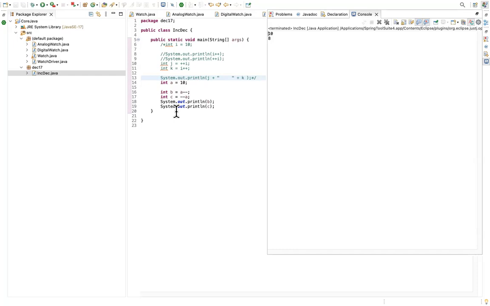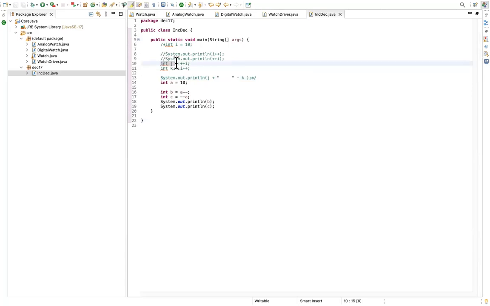In the increment operator, both the values were 11. Increment operator after assigning. Now we are doing the same, but why is the output 10 and 8? So increment, we are doing it in reverse. Like this one, we are pre-incrementing. So when we store it in J, it will automatically increment it and then store it in J. And in K, we are post-incrementing.